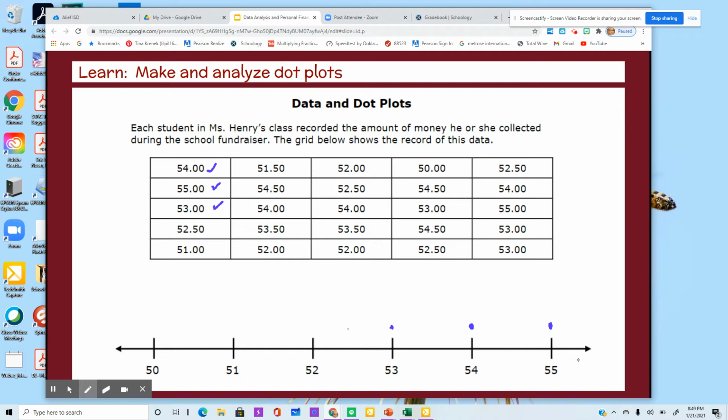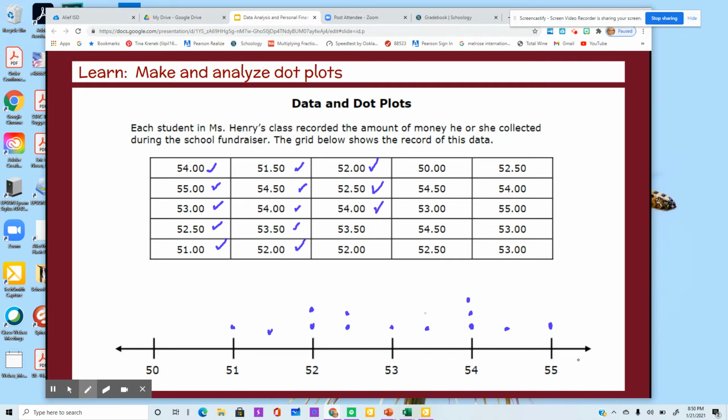So 52, 50 is going to be in the middle. 51, 51, 50, 54, 50, 54, 53, 50,